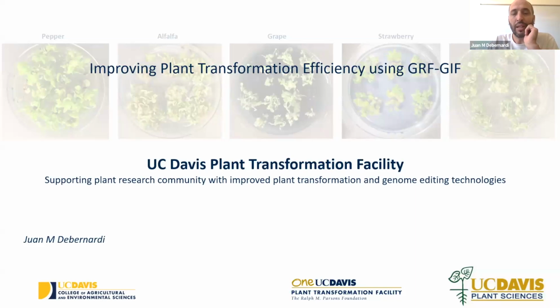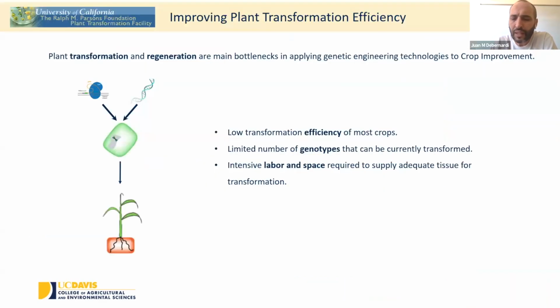So I will talk and give some information about a technology that we developed. I think we have already a good introduction, but we developed this technology that is similar to Baby Boom-Wushel that we call GRF-GIF. And again, I will try to go quick in this part because we don't have too much time, but basically when you want to do transformation or when you want to do genetic engineering in crops,